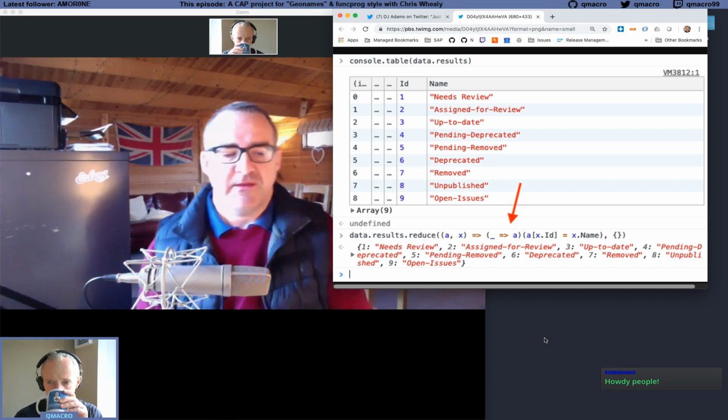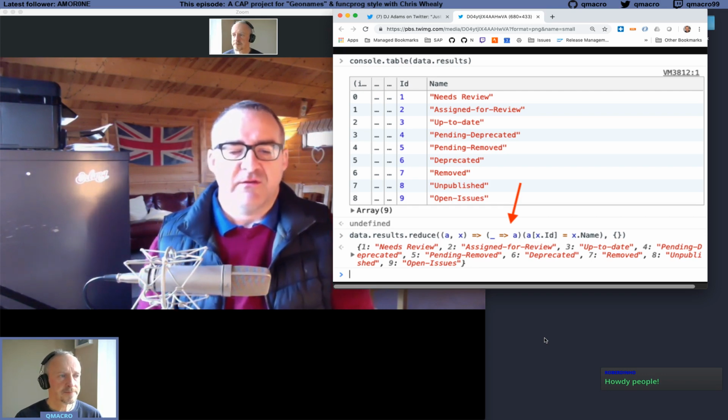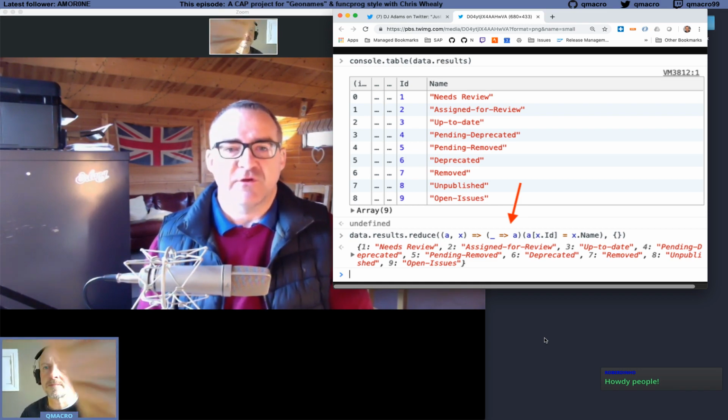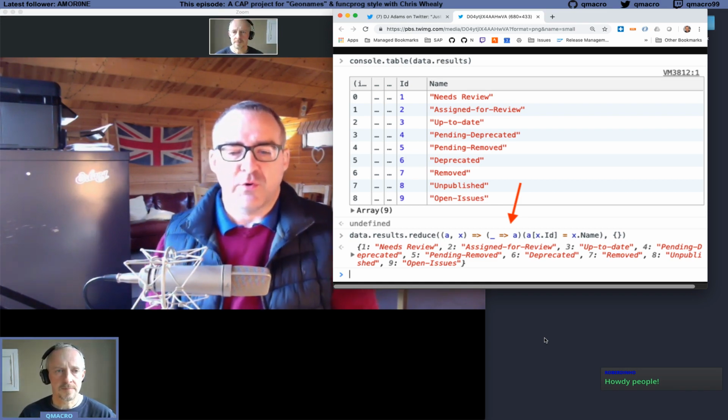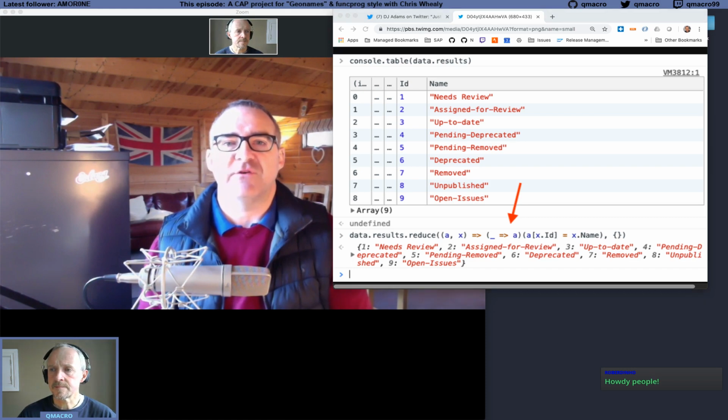First of all, let's give a bit of context here. The function is used when you're doing a reduce operation on an array. So the whole point of the reduce operation is that it takes a function and applies that function to every